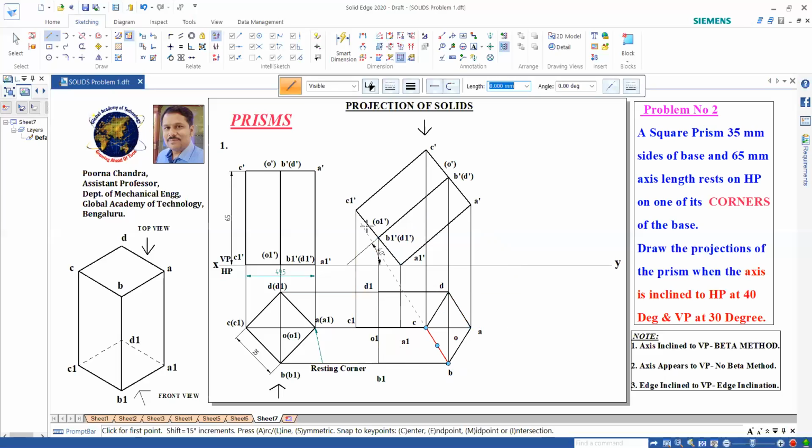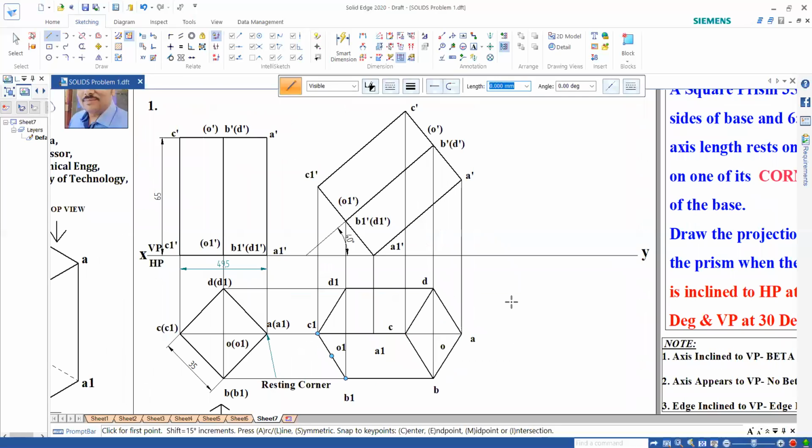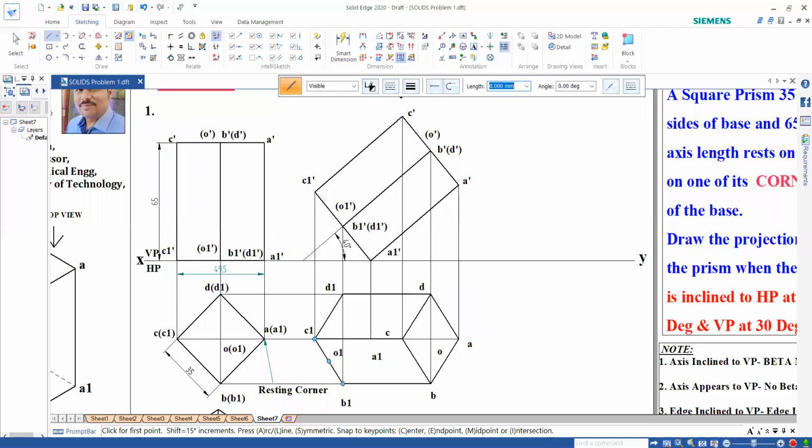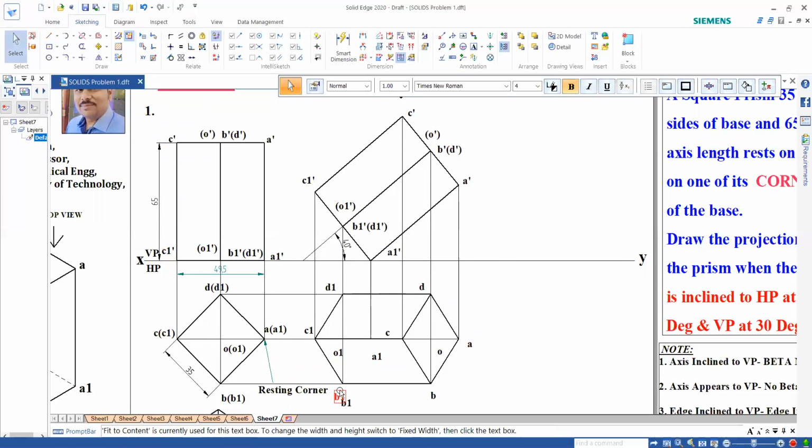And C1B1 and C1D1, these two edges are also visible from top. So now if we check, these are the edges which are clearly visible, right? So again, we'll explain this. If you watch from top, A, B, C, D are all visible, so I joined A, B, C, D. Next, CC1 is visible from top, so join C, C1.